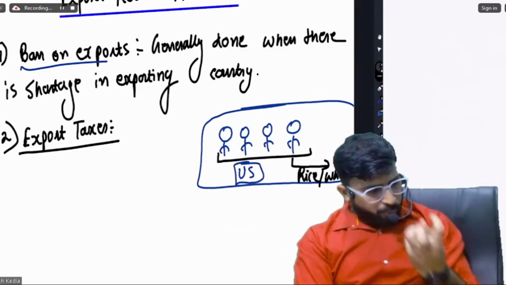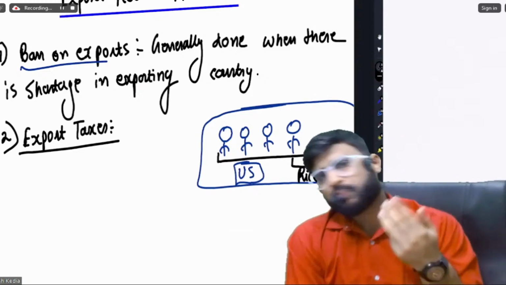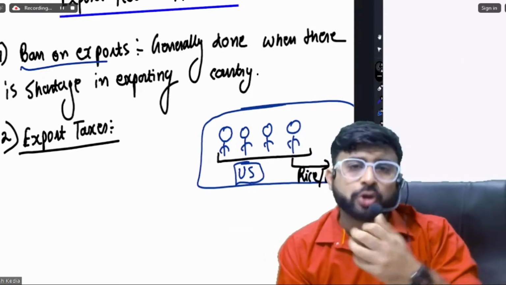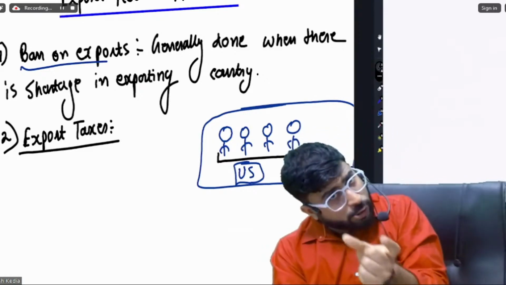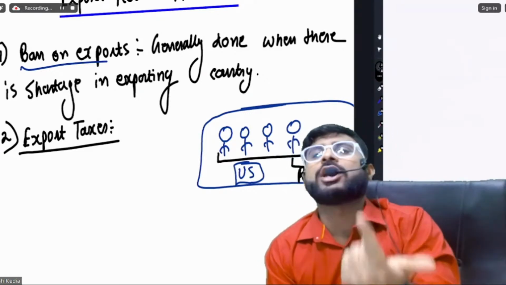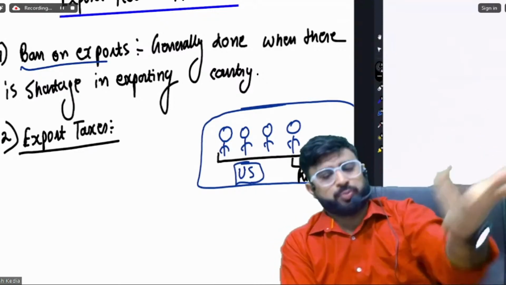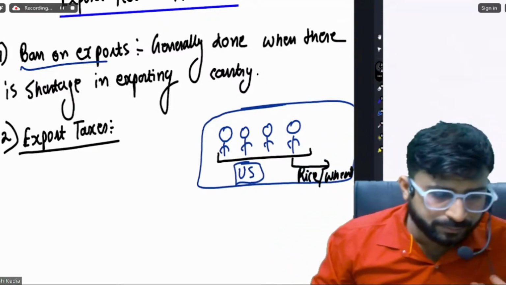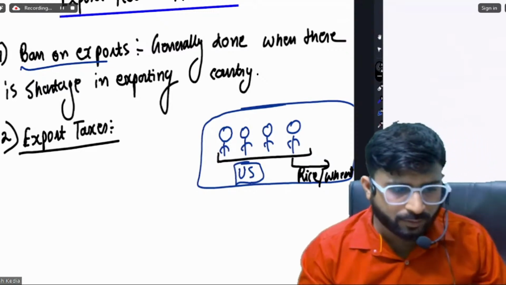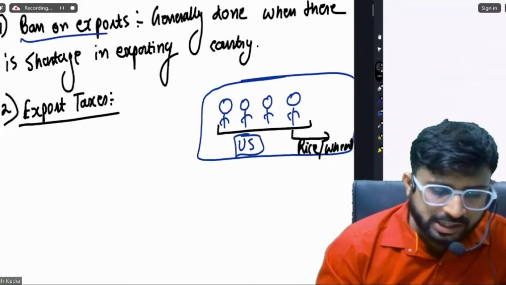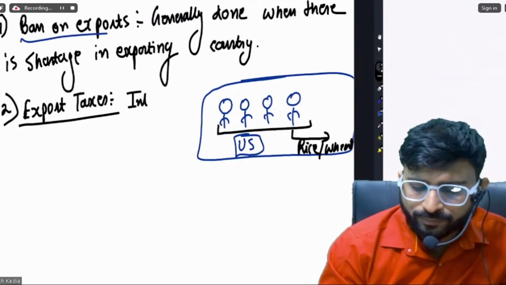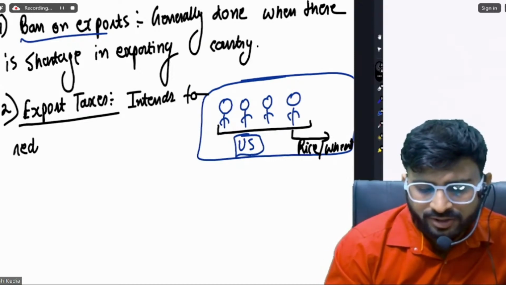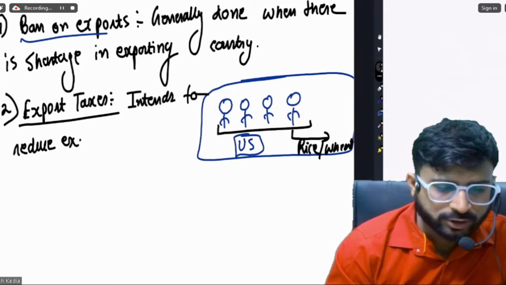just like when you import, जब आप खरीदते हो, there is an import duty or import tax levied. On exports also it can be levied, both ad valorem, that is on the value of the entire commodity, or unit wise, that is 100 rupees per unit of exports. So export taxes can be imposed. A very common sense. Okay. So it intends to reduce exports. जिससे exports कम हो, intends to reduce exports.